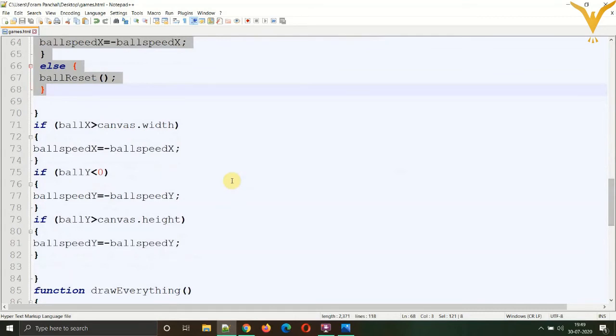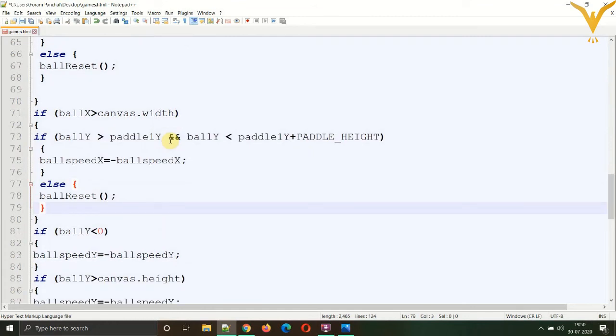Okay, so the ball is touching the right edge, the canvas width. So let's place it there. Just cut this statement of inverting the direction and paste it over there. Save and refresh.